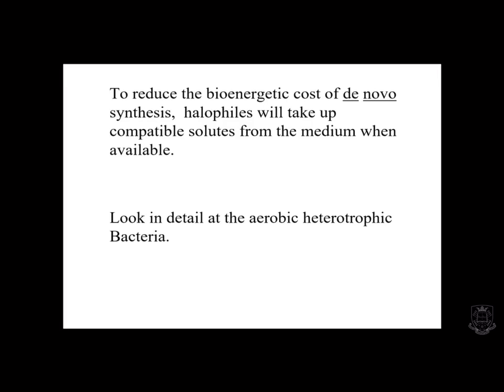For the bacteria, there's also a big long list. First of all, we've got the photosynthetic bacteria, the cyanobacteria, and you've got glycine betaine, which is the best compatible solute. So the halophilic cyanobacteria use glycine betaine. The moderately halophilic cyanobacteria use glucosylglycerol, which is shown in handout 1. And then the ones that are only slightly halophilic utilise sucrose and trehalose. So that can be related back to handout 1, to these columns showing you the different levels of energetic use. And that exactly ties in with the fact that glycine betaine is most energetically favourable, followed by glucosylglycerol, followed by sucrose and trehalose. That tells you it goes from halophile to moderately halophile to only slightly halophilic.